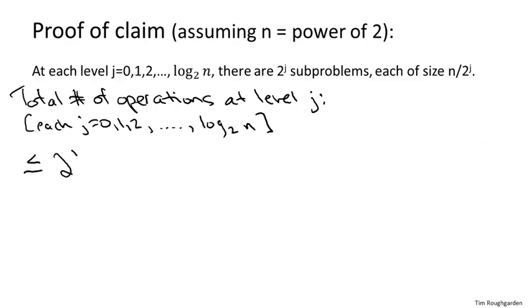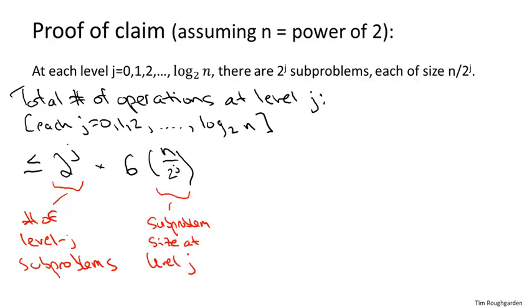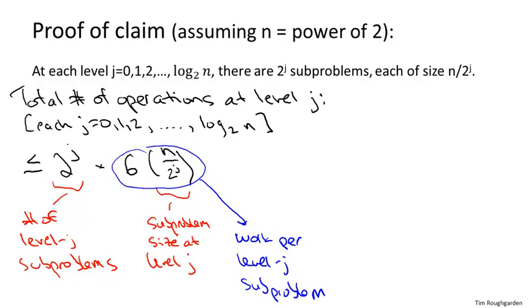All right, so we start with just the number of different subproblems at level j, and we just noticed that was at most 2 to the j. We also observed that each level j subproblem is passed an array as input, which has length n over 2 to the j. And we know that the merge subroutine, when given an array of size n over 2 to the j, will execute at most 6 times that many lines of code. So to compute the total amount of work done at level j, we just multiply the number of problems times the work done per subproblem, and then something sort of remarkable happens. We get this cancellation of the 2 to the j's, and we get an upper bound, 6n, which is independent